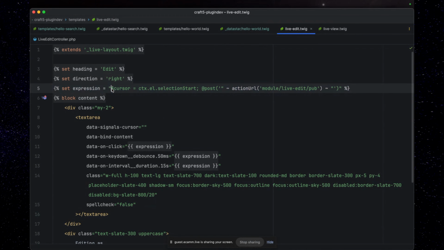And what I'm doing is I'm setting the signal value. So $ represents the signal, which is nice because it kind of looks like an S. Whereas this is our other symbol, which is an @, which is for action. So this is how you know that you're dealing with a signal in Datastar or an action in Datastar. So I'm setting the cursor value to the element's selection start. That's just so I can track the position. And then I'm sending a post request up